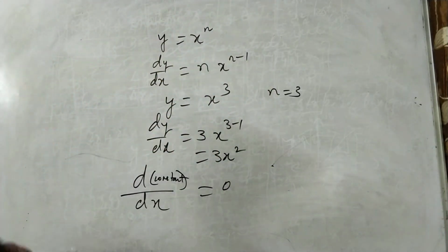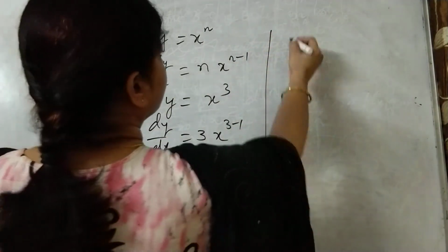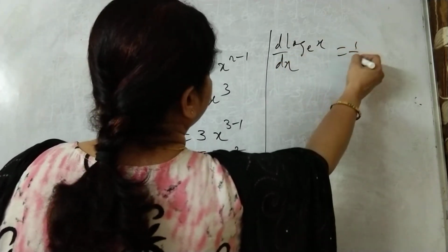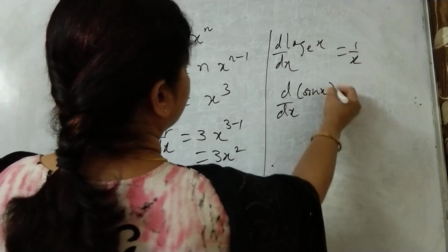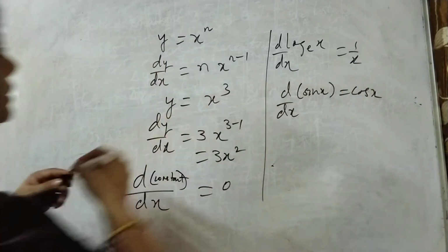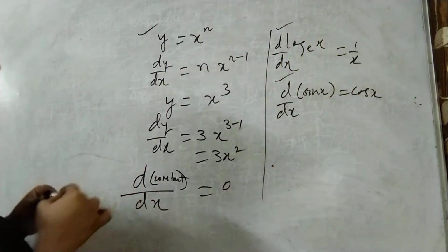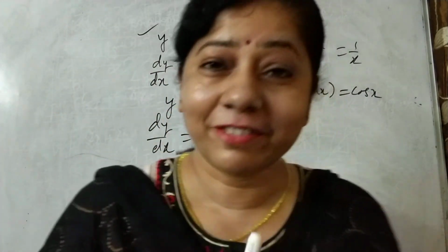Now there are many mathematical formulas, like log e x. If you differentiate this, you get 1 by x. That is, let us take for example to differentiate log e x, d/dx of this is 1 by x, right? If you differentiate d/dx of sin x, this becomes cos x. So these are all the formulas. This is one of the formulas that you need to know. This is another formula. So there are lots of formulas, but what we require in physics, we will focus on that. Why will we study so many things?